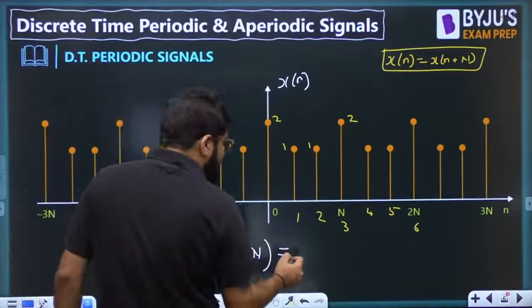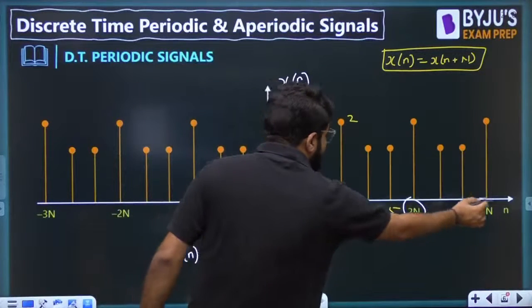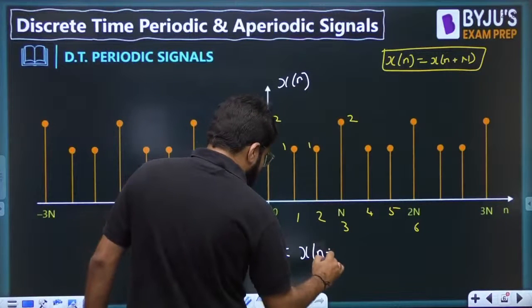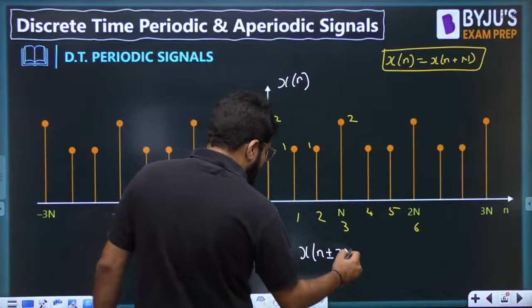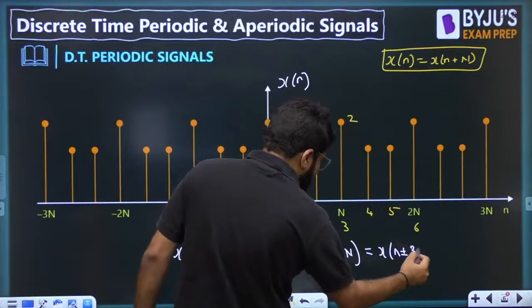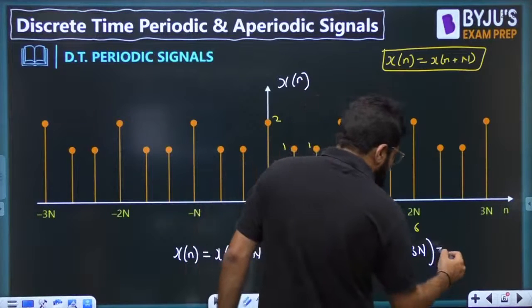Not only does it repeat after N, it repeats after 2N, after 3N, after every capital N. So it could be x of n plus or minus 2N, x of n plus or minus 3N as well,